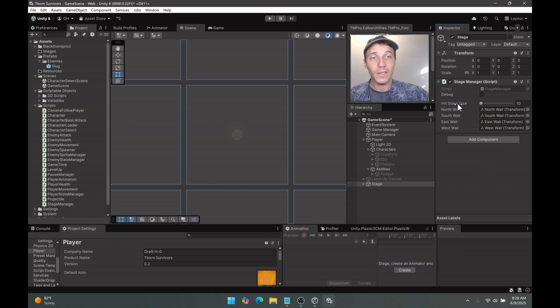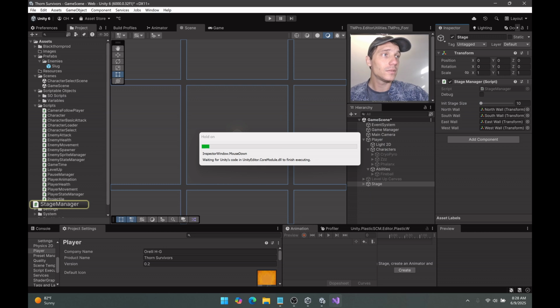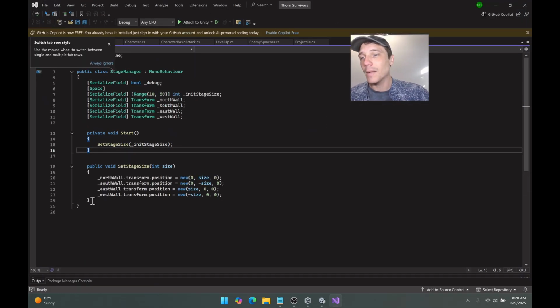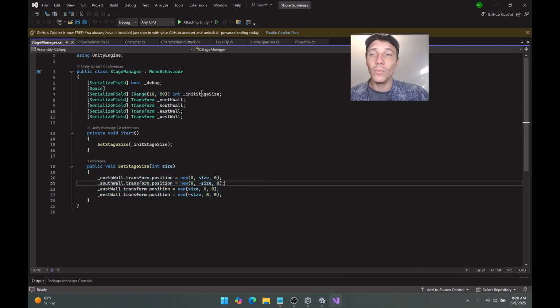And then this script here also, I haven't set it up fully yet. I wonder how much did I set up here? Oops. This is a super simple script. Yeah, and then I'm going to have this public method for setting the stage size. So even though we have this initial size, I can always